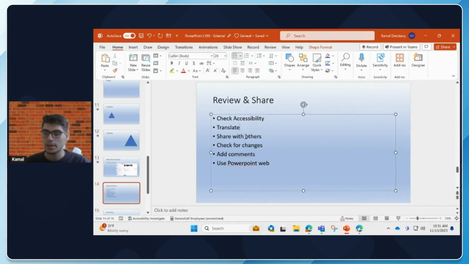So that's accessibility and translate. Now, how do you share with others? There's the share button on the top right. If you don't want to attach it as an email, you want someone else to join your presentation and actually edit the document with you at the same time, you can hit the share button to share it with someone